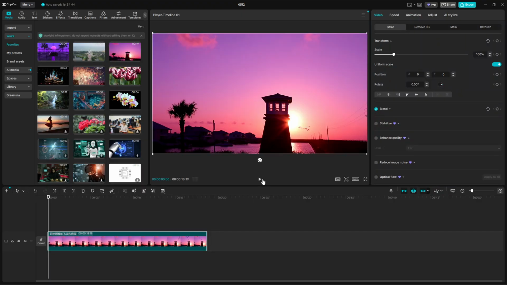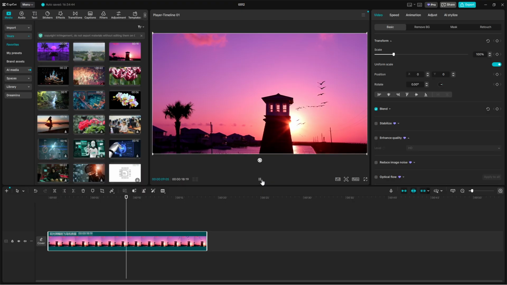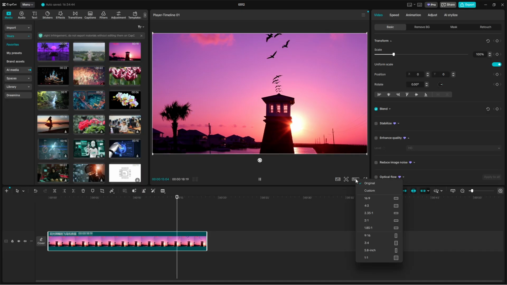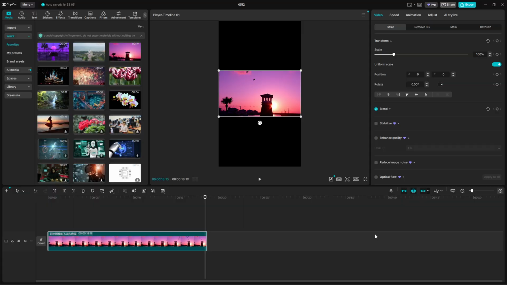Once your footage is placed on the timeline, the next important step is adjusting the video format to match YouTube Shorts requirements. Shorts use a vertical aspect ratio, so you need to change the project layout accordingly. Below the video preview area, locate the aspect ratio option and select it. From there, choose the vertical format, which ensures your video fits properly on mobile screens without unwanted cropping or black